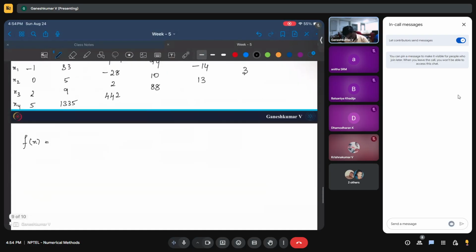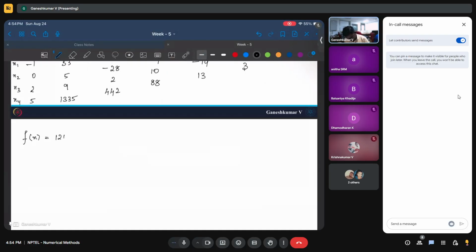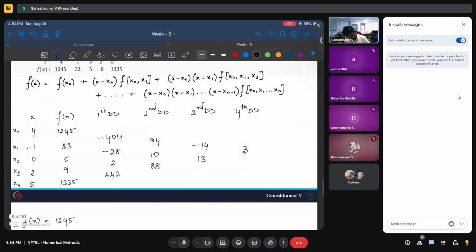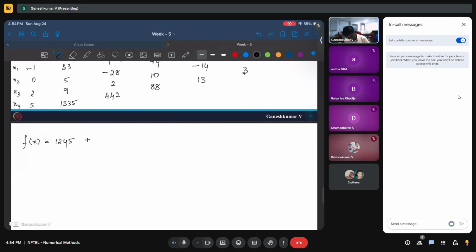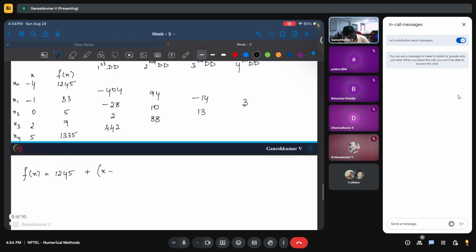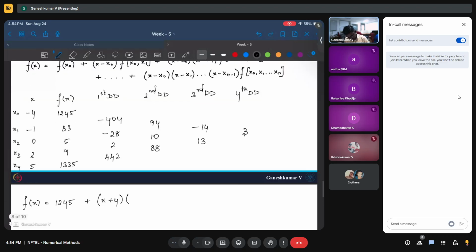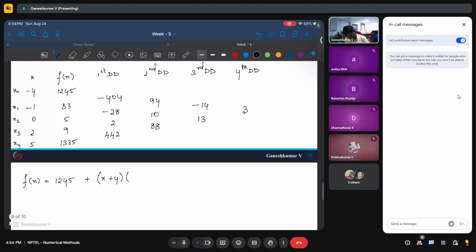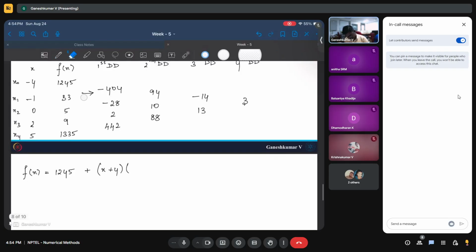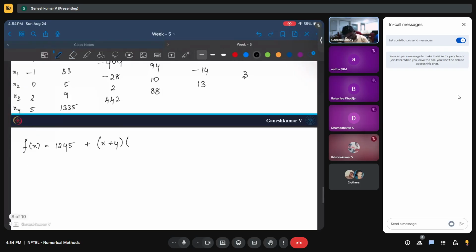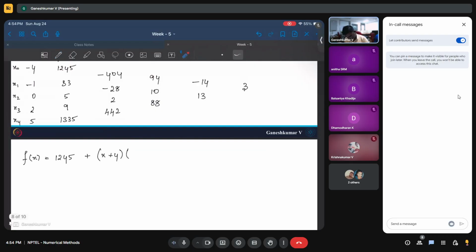I'm just going to directly write down the value 1245 plus x minus x naught, which is x plus 4, into f of x naught x1, which is this value. Okay, so f of x naught x1 is this value, right, which is minus 404